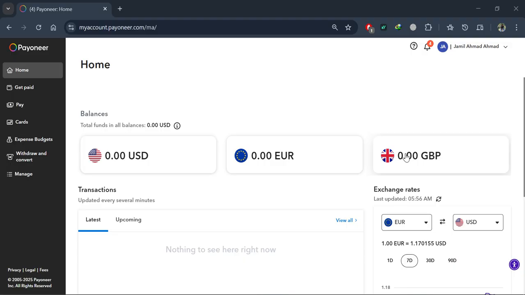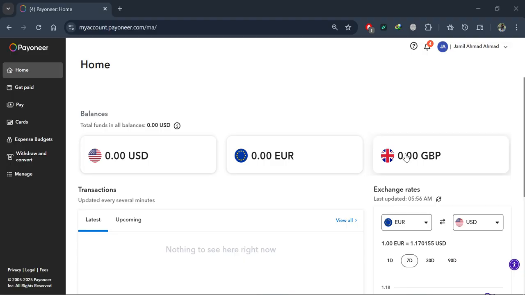So right now I'm at the dashboard of my Pioneer account. You must create an account, and you have to complete your account verification by sharing your identity card, or you can say by uploading your bills like an electricity bill, so that they can verify your identity and verify your account. Okay, so after the verification of your account, you can do transactions with your account. You can even send payments, and you can also receive and withdraw those payments as well. So I will show you how you can send payments.